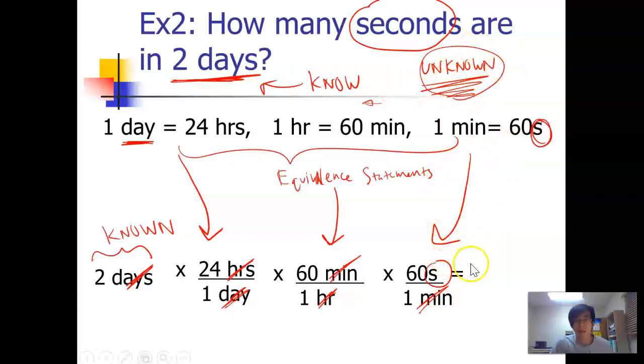Okay, so all I do now with all these fractions is multiply everything across, and since all these fractions are divided by 1, I just don't have to divide by anything. So 2 times 24 times 60 times 60 is going to give me